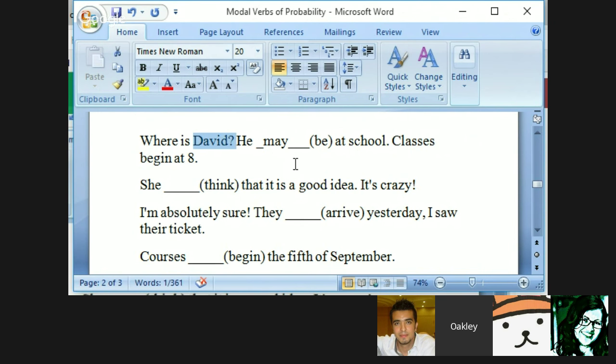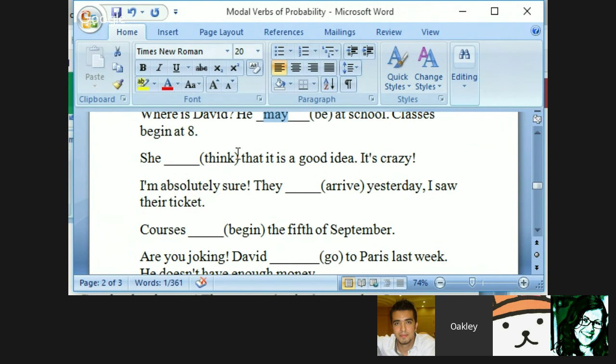Yeah. Your answer is not incorrect. Depends on context. Does David miss school half the time? When you use "he may be at school," you're implying that David is a bad kid. Yeah. He misses school maybe half the time. He doesn't even go to school. All right? You're definitely implying something about David here by using "may" instead of "he must be at school." Right? Yes. So it is not wrong, but it definitely has a connotation there. All right. Eunice, how about the next one?